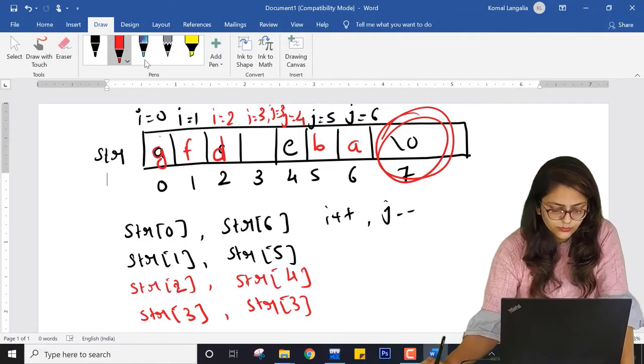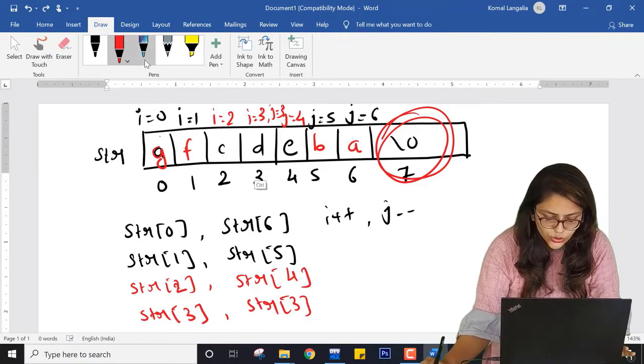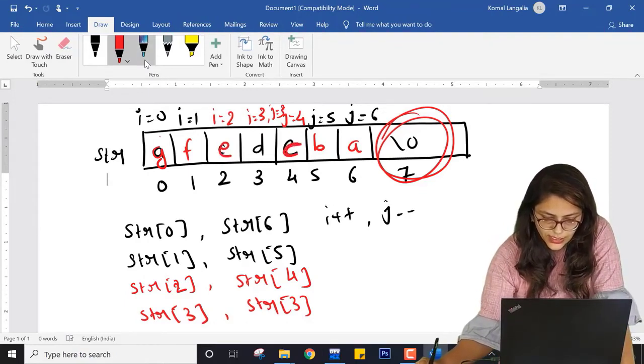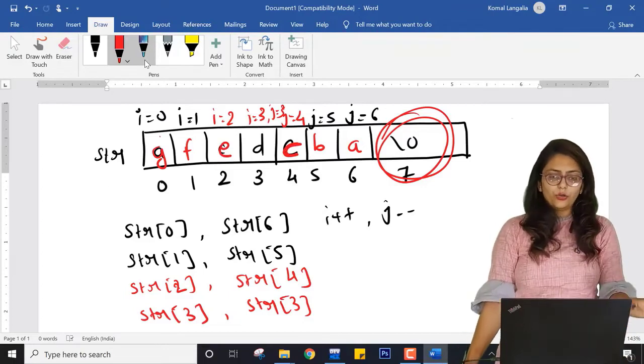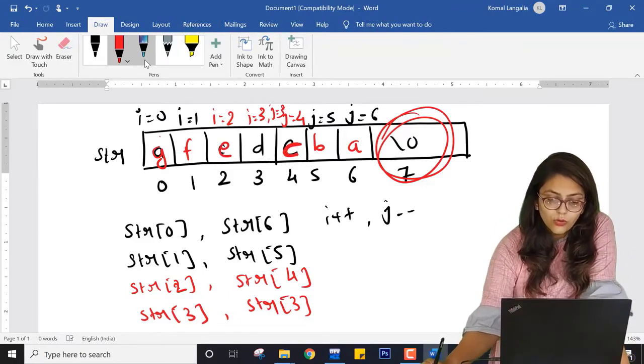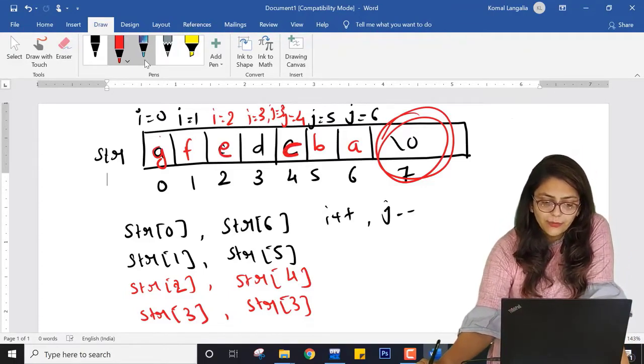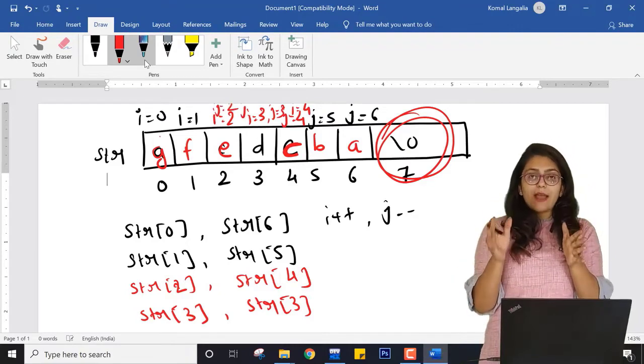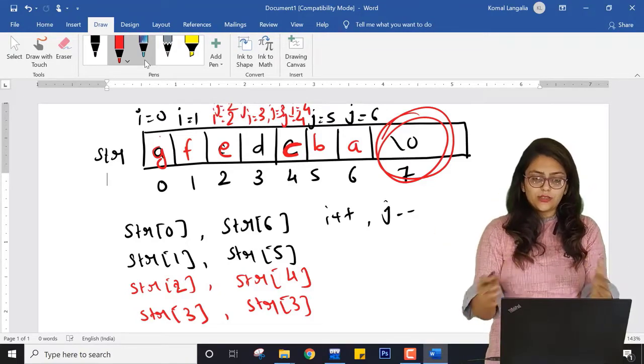Okay, so here what mistake have I made? Here it will be E and here it will be C, and for D we are doing it as it is. Now if I do it again, I will be 4 and J will be 2. So I cannot swap this, otherwise I will get the same sequence.